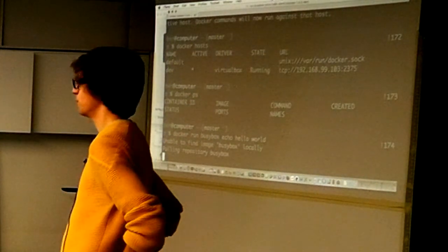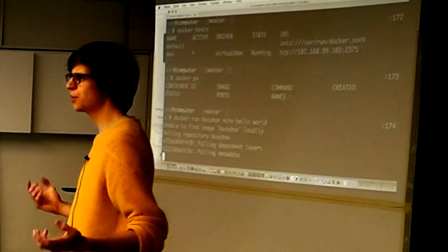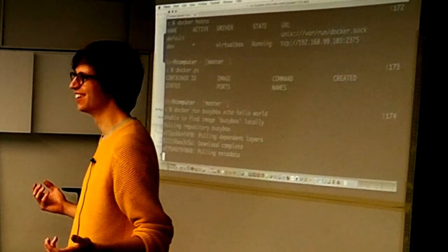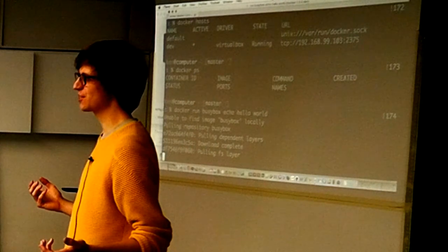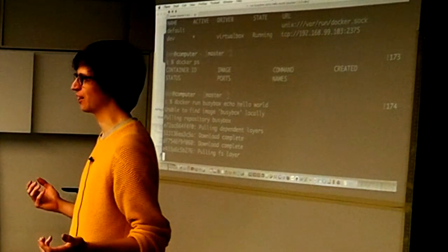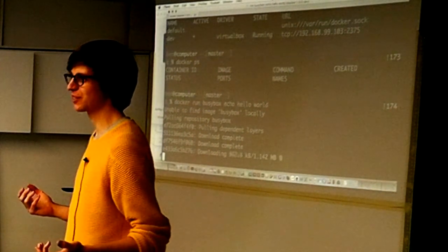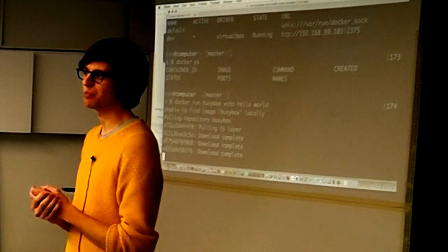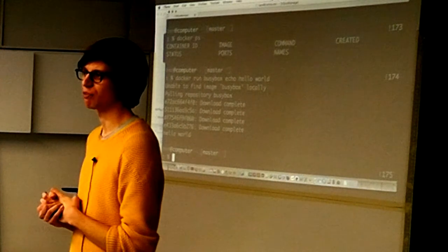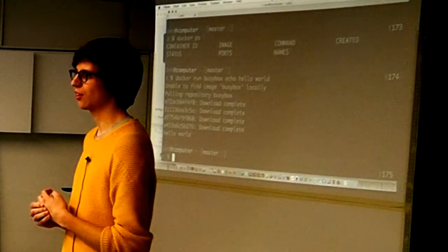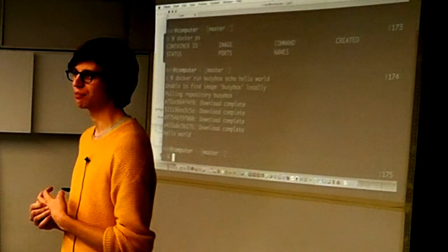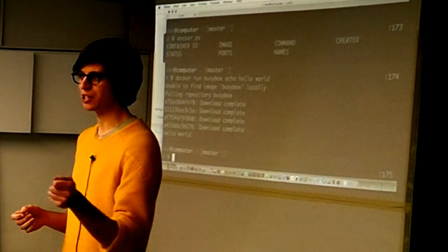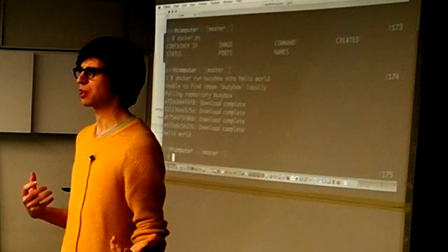If you've used Docker, this is... Does anyone here actually not know what Docker is? I realise that's something I probably should ask at the start. Cool. Is there anyone who's heard of Docker but doesn't really know what it is? Cool. It's a way of packaging up software with all of its dependencies, so it'll run anywhere. So it's kind of a lightweight VM. You can also think of it as a lightweight VM, and you're making a bunch of ISOs, except it's just much more efficient than that.